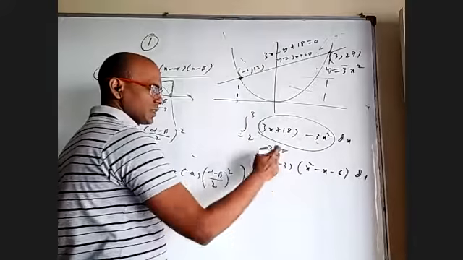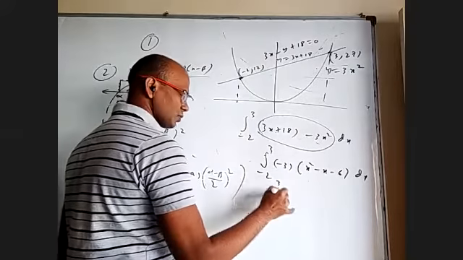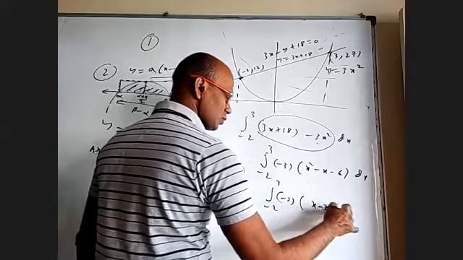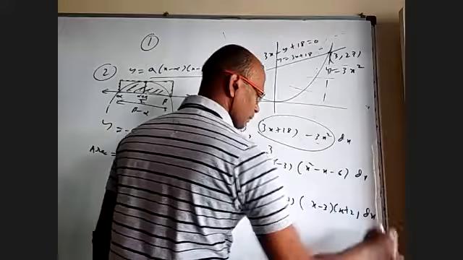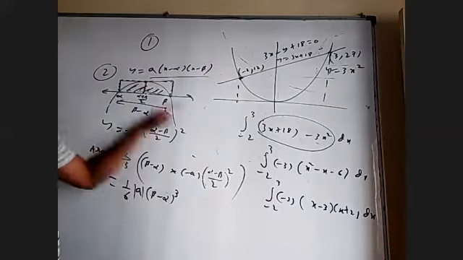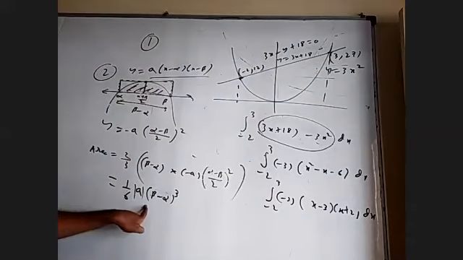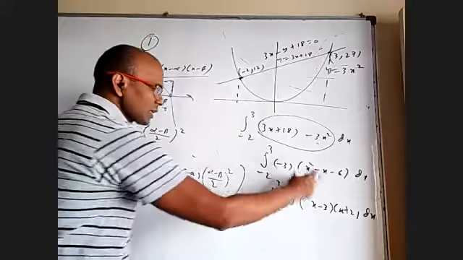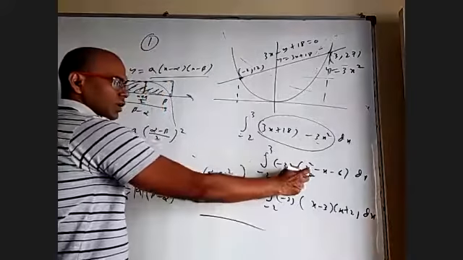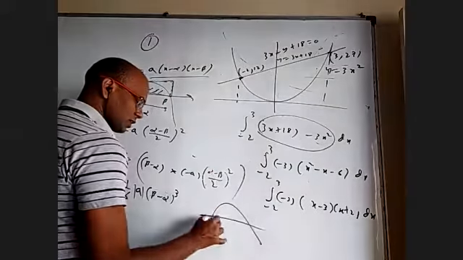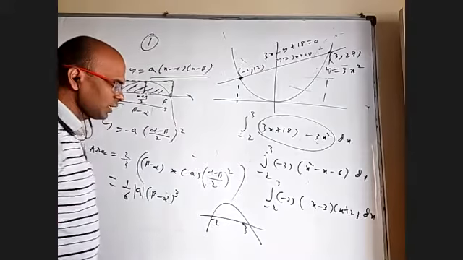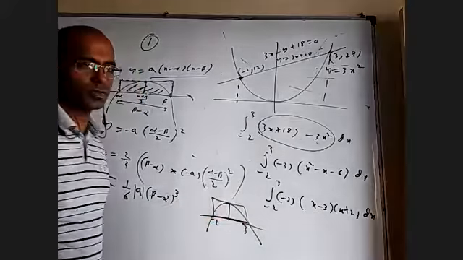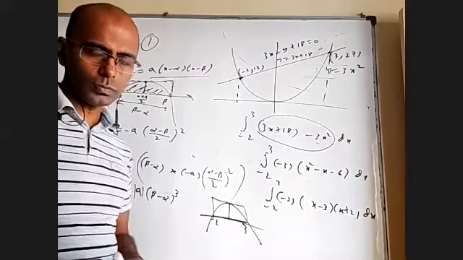What are the roots of this? These two numbers only. It is integral minus 2 to 3 of minus 3 into x minus 3 into x plus 2 dx. Okay. So now we can use this formula, 1/6 of a into beta minus alpha whole cube, or draw the graph of this. Without doubt, the graph of this will be like this. This is minus 2, this is 3. And then find this width and find this height and then 2/3 of this rectangle. That's what I'm saying. Is the method clear to you now?